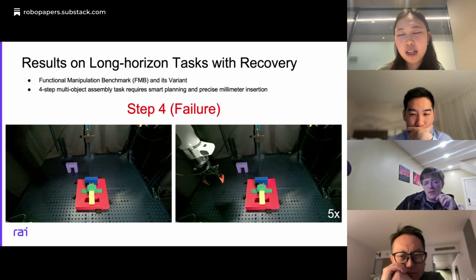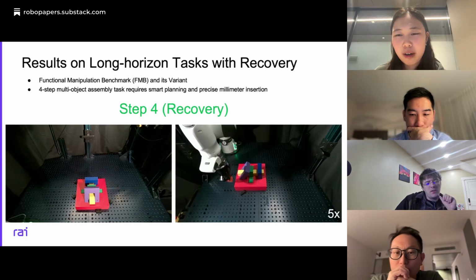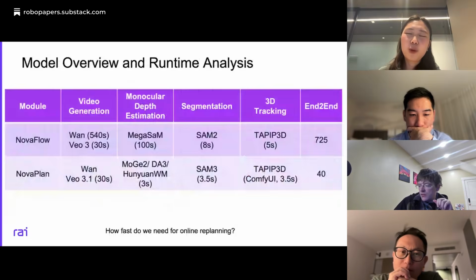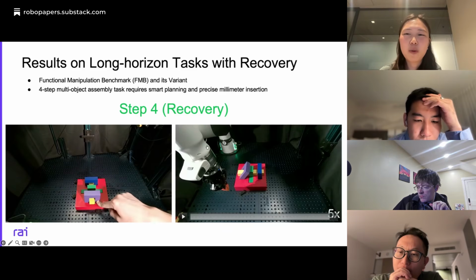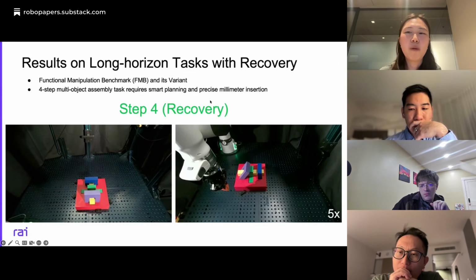Do you think that's something that will be automatable in the future? I think that's definitely possible, because we just want to show this interesting, more dexterous recovery mode compared to just doing the normal regrasping.